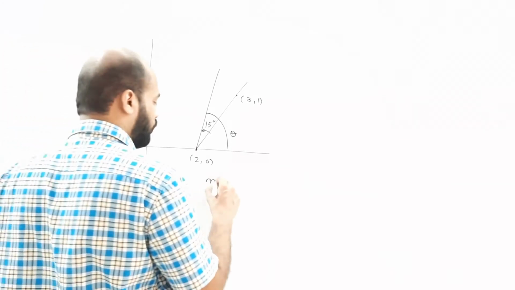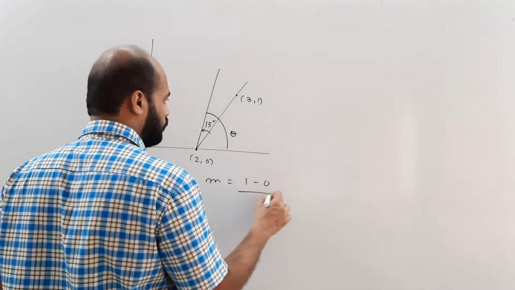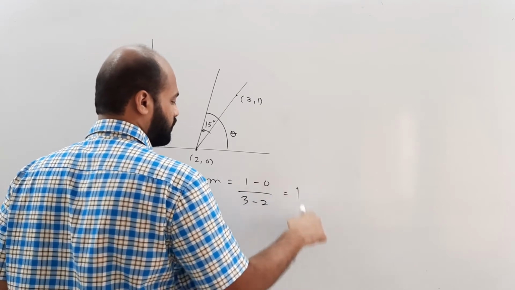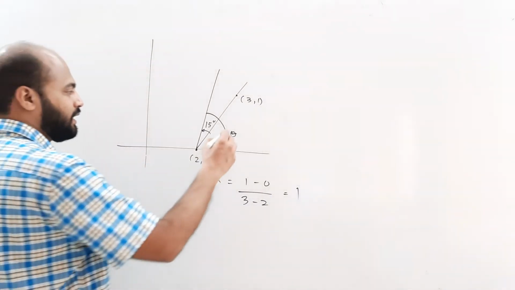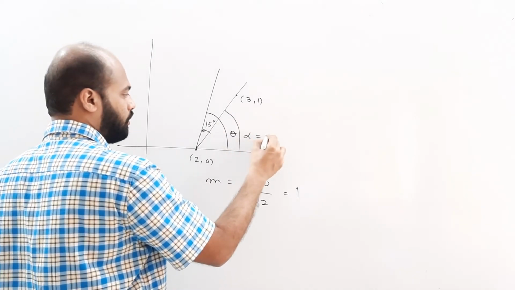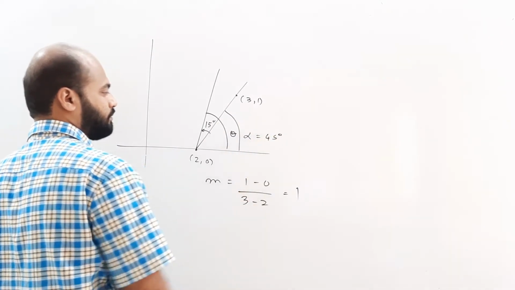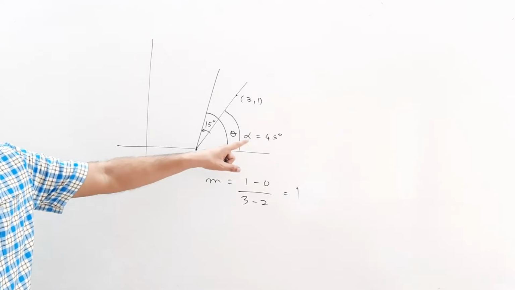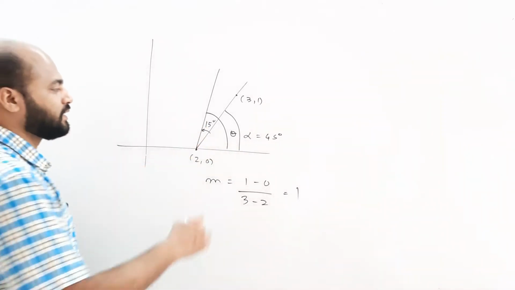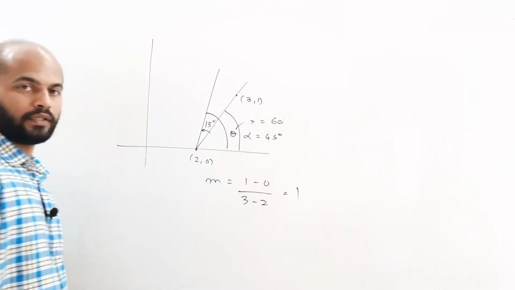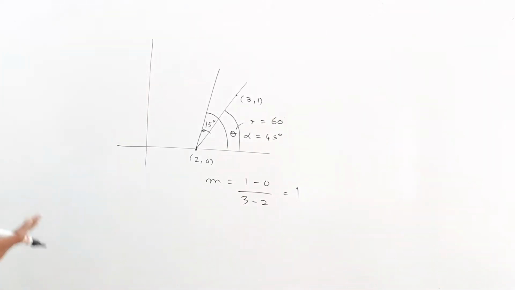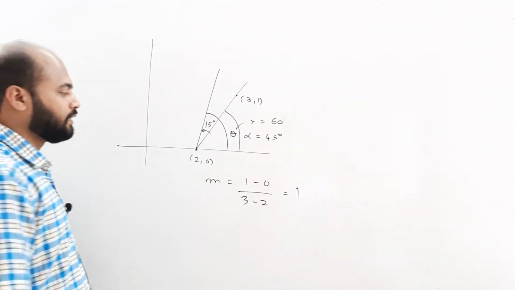So the first slope was (1 minus 0) by (3 minus 2), which comes as 1. Now if the slope is 1, it means that this theta, initially alpha, was 45 degrees. Now this is 45 plus 15, so the latest theta is 60 degrees. So the latest angle of the new line is 60 degrees, and hence